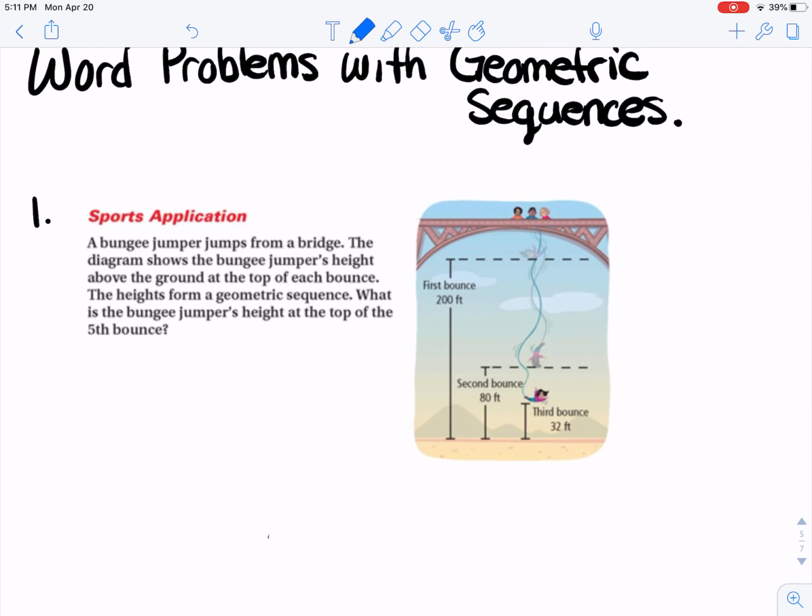So I had to do a little cut and pasting for this one from the textbook because we need the numbers in the pictures. Now, normally when I teach this lesson and this particular problem, I do kind of poke fun at the fact that this girl is bungee jumping off this bridge. Her friends are like, ha ha ha, look at you. If you look close enough at her bungee cord, which is right here,